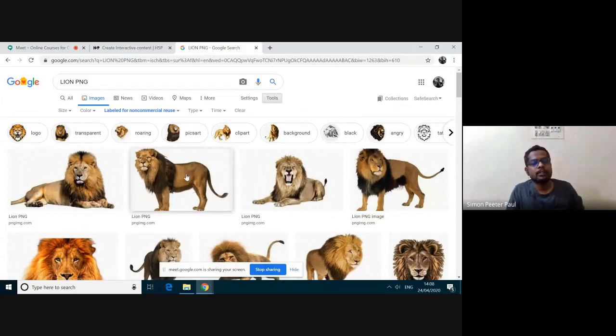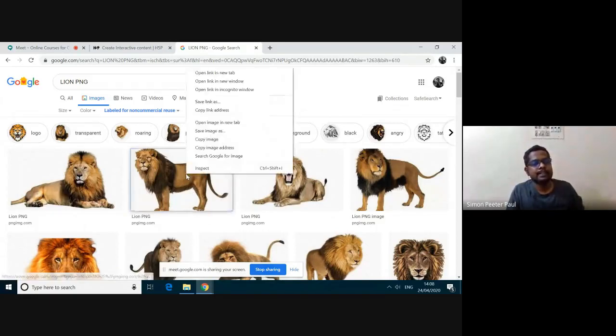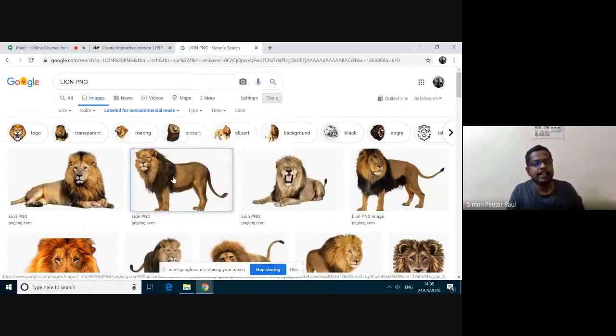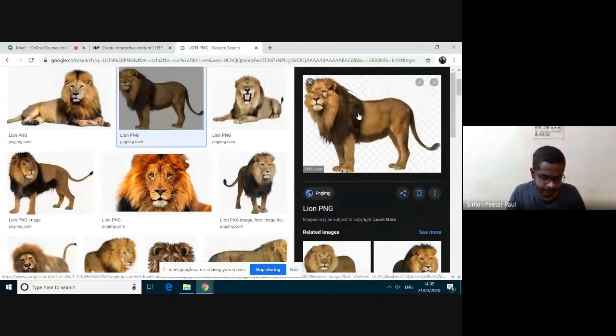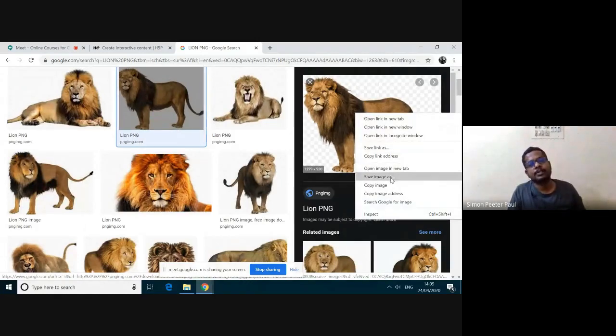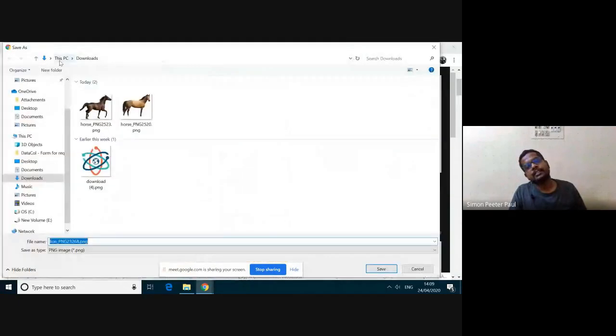The second one, as we know, we should not right click and save as it is. You should left click this one and wait until it gets loaded. Then I'm right clicking this lion and then selecting the option save image. Okay, I'm clicking the save image. So it is showing here this PC download. I think it will not be visible. These fonts are very small. I can't zoom this one.